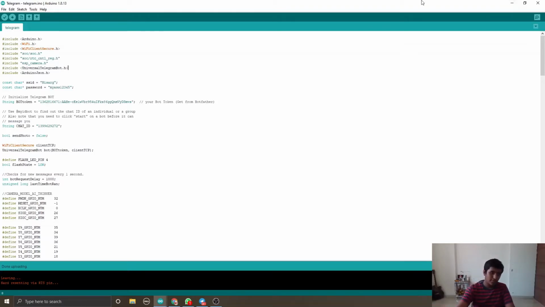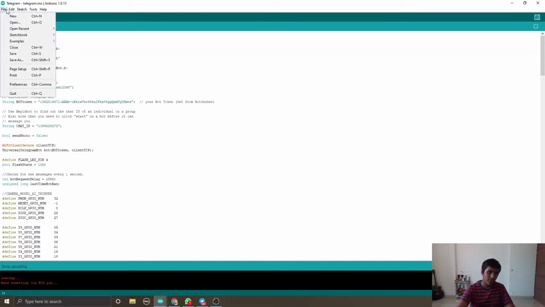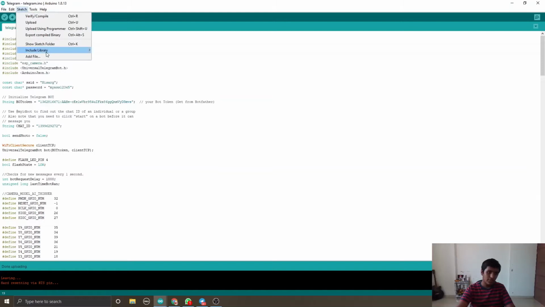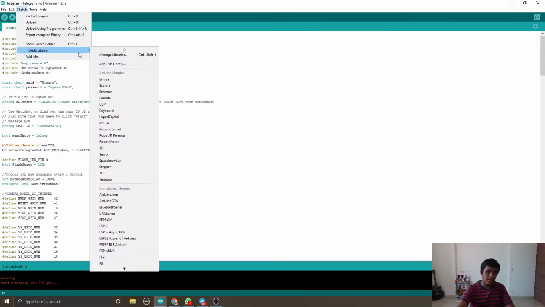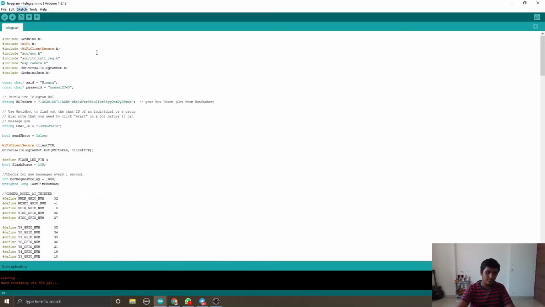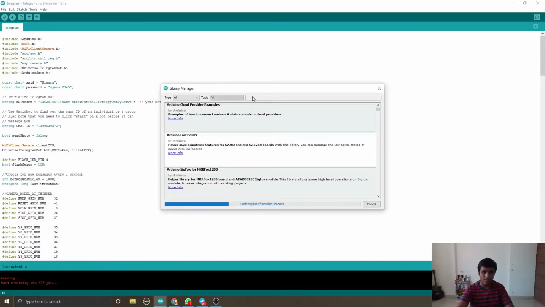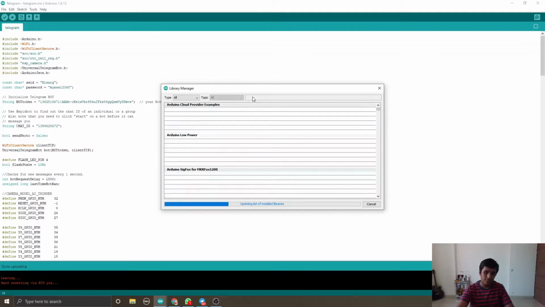In this project we require some libraries, which are all listed here. We have to include the ArduinoJson.h library, which is available in the Arduino IDE itself. You can go to include library and manage libraries, and you can search for the ArduinoJson library.